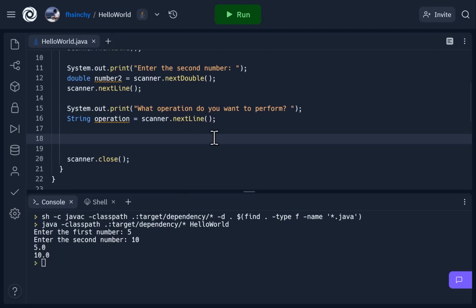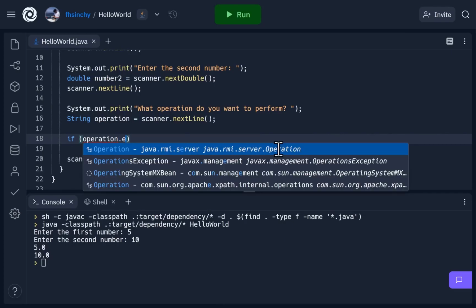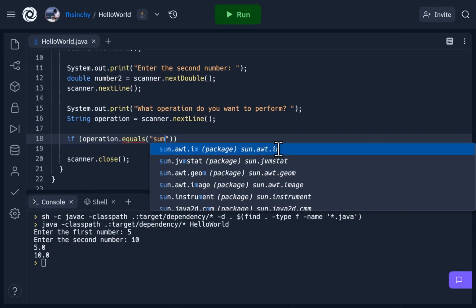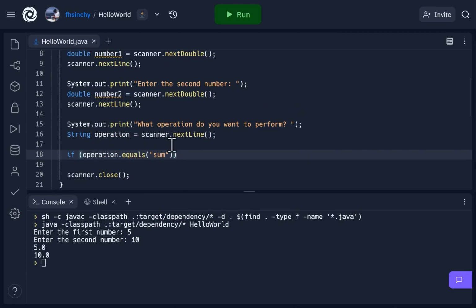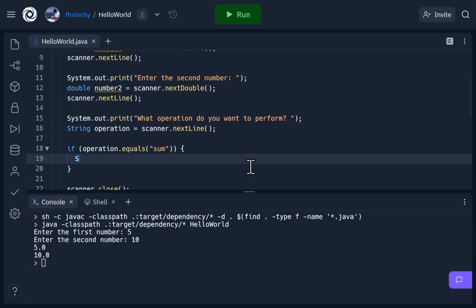The if statement in Java, or in programming in general, lets you check whether a certain value meets a certain condition or not. For our case, we can say if, then a set of parentheses, operation.equals("sum"). So if the user has written sum as the name of the operation, then what you want to do is